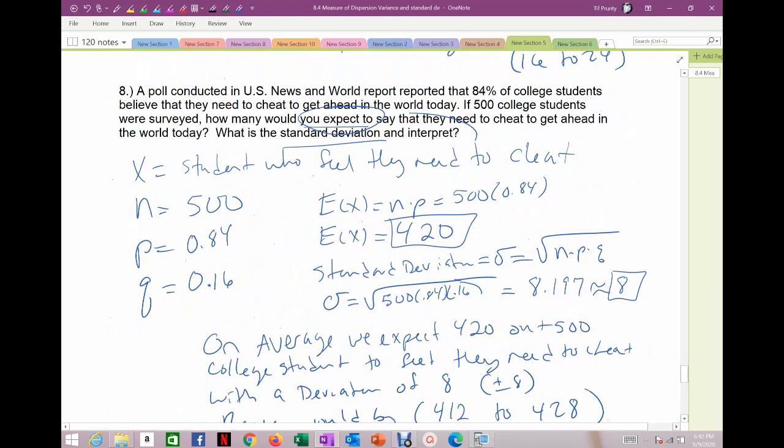Alright, so that finishes up 8.4, which again, 8.4 is not too bad, but there's a lot of little details you have to keep track of so that you don't accidentally type something wrong into your calculator and you don't accidentally read the wrong answer out. So you just have to be very diligent when you're doing